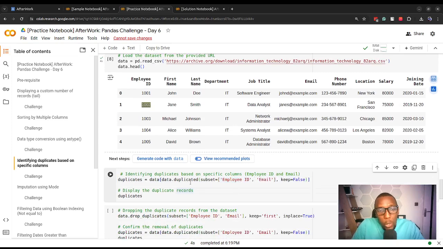But essentially what we do is specify the data frame that we want to work with, square brackets, then we apply to the data frame the duplicated function. Then inside it, we specify the subset parameter and give it a list of column names. And we say that we want to keep,